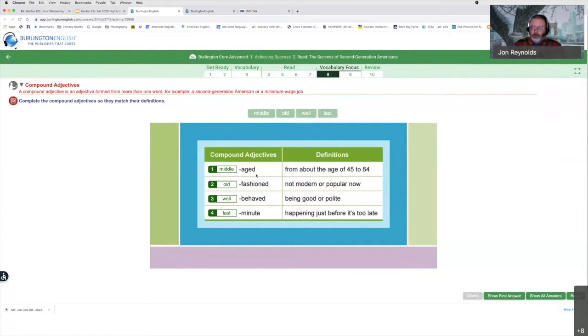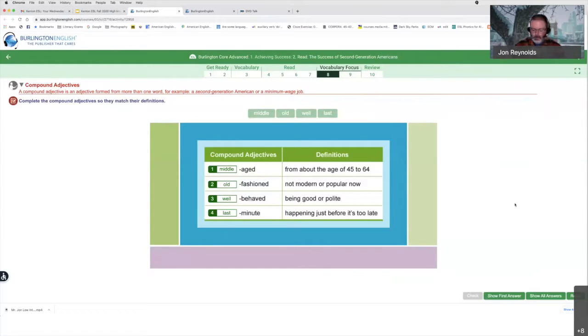So what's interesting is many of these compound words are created and they're kind of specific. For example, let's think about fashioned. Notice we say old-fashioned. We don't really say new-fashioned, right? It's a little strange that some of these compound adjectives have a very specific use. Some of them might, like last minute. You might see somebody creating something like next to the last minute, but really that's not exactly